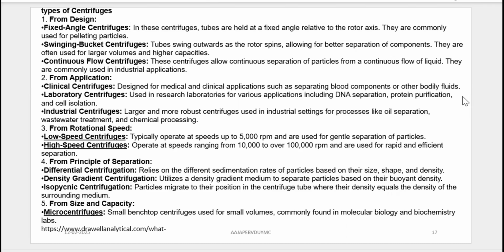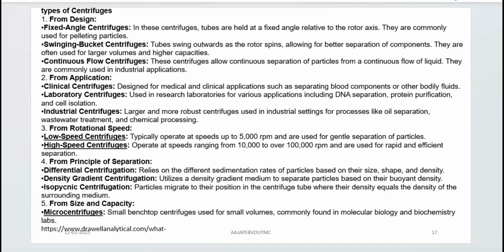Now, till yesterday, we had taken an overview of the centrifugation process, the principle of centrifugation, right? And what are the different types of rotors. An overview of that we had taken in the previous lecture. So, what is the formula or equation to describe the centrifugation principle? Then, how you can correlate it with revolutions per minute and relative centrifugal field, RPM and RCF, how they can be calculated, what are the factors which